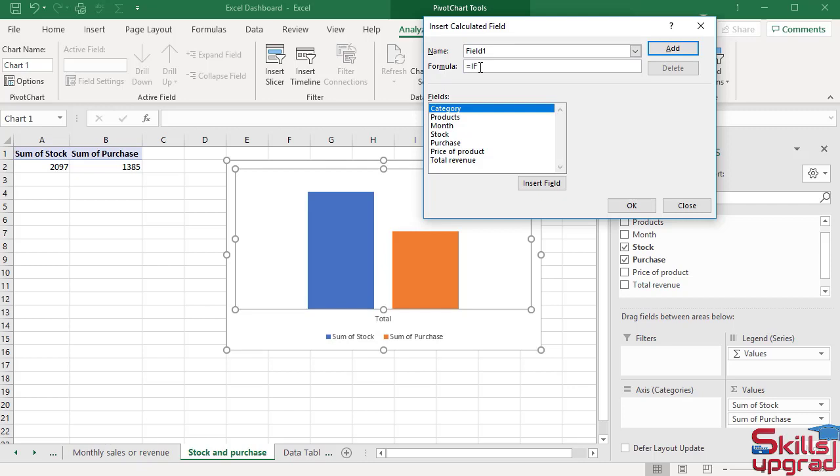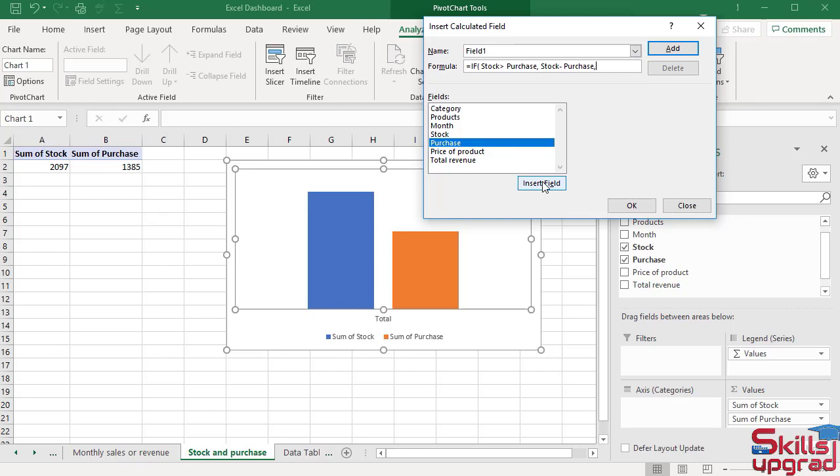Type IF function, open bracket, select stock field, click Insert Field, enter greater than sign, select purchase field, click Insert Field, comma, again select stock field, click Insert Field, enter subtraction operator, click purchase field, click Insert Field, enter comma,